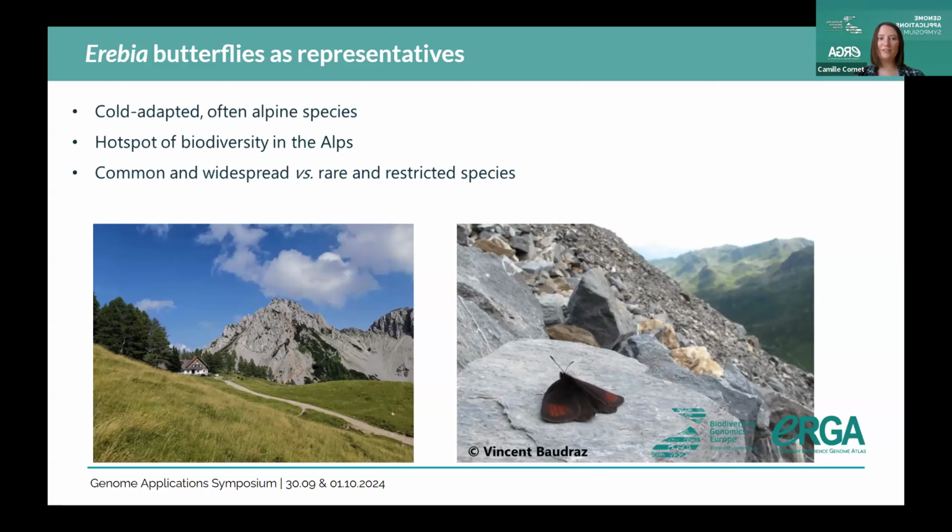But we also have the possibility to compare some species that are very common and widespread all over Europe, while others are already very rare and restricted, like the beautiful Erebia pluto you see on the picture on the right here, which is occurring only above 2,000 meters and is already encompassing several very isolated populations,